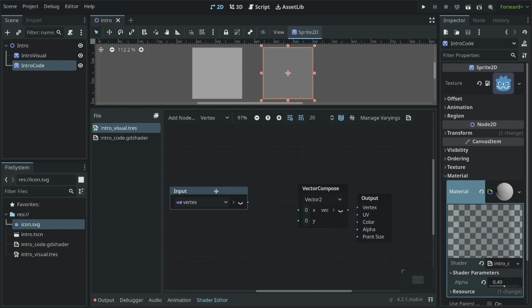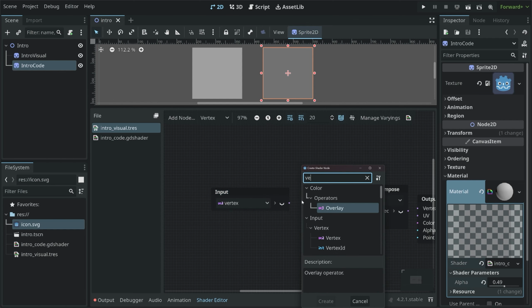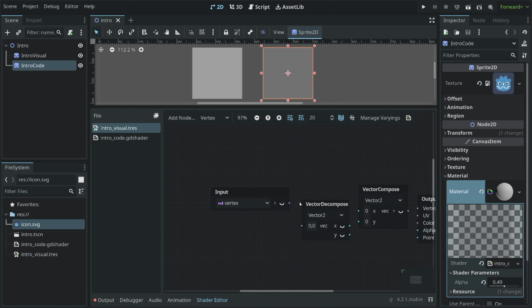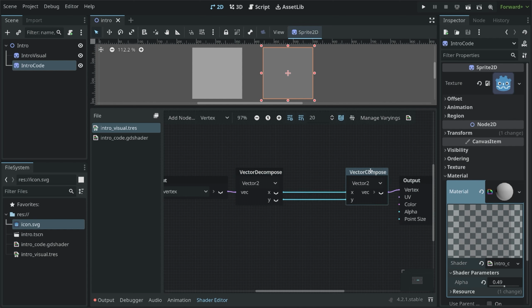We are basically assigning a value to itself. But what we can do instead is decompose this vector 2. For that, I want a vector 2 decompose, and then connect it to our vertex input. This decomposed vector I now want to connect to the vector 2 compose and then assign it to the vector. And once again, we have basically assigned a value to itself. However, what we are now able to do, and for that I want to add a bit more space,